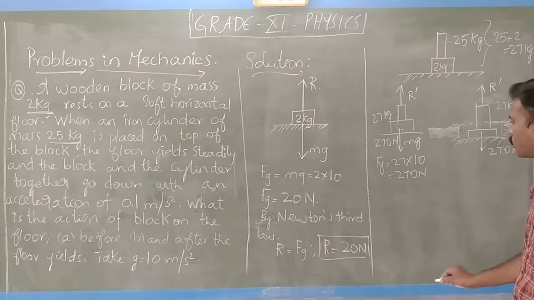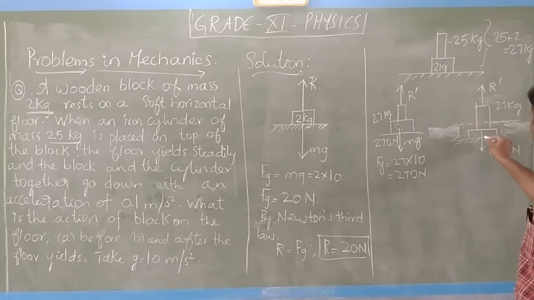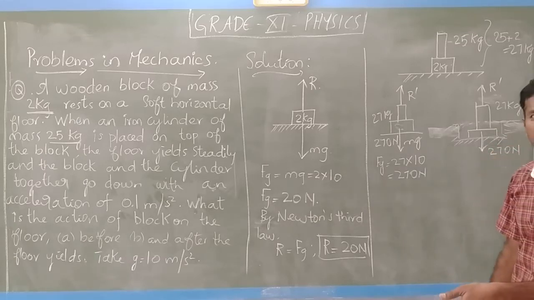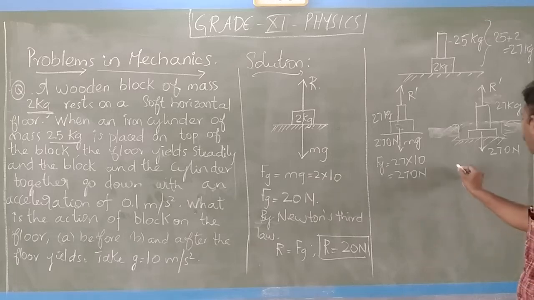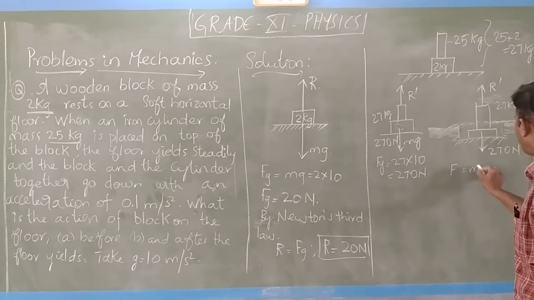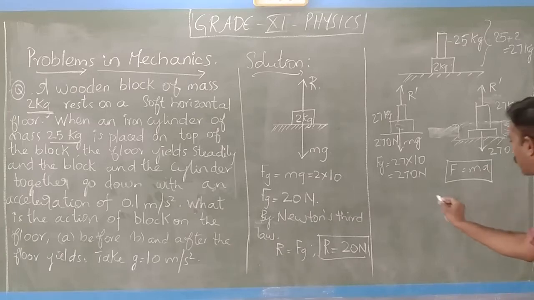This is by applying Newton's second law, force equals mass times acceleration. What is the force here? This is the dominating force, since 270 is going down. So 270 is the maximum force. F equals ma, that is the formula. So when I apply this formula here, what is the force? That is 270